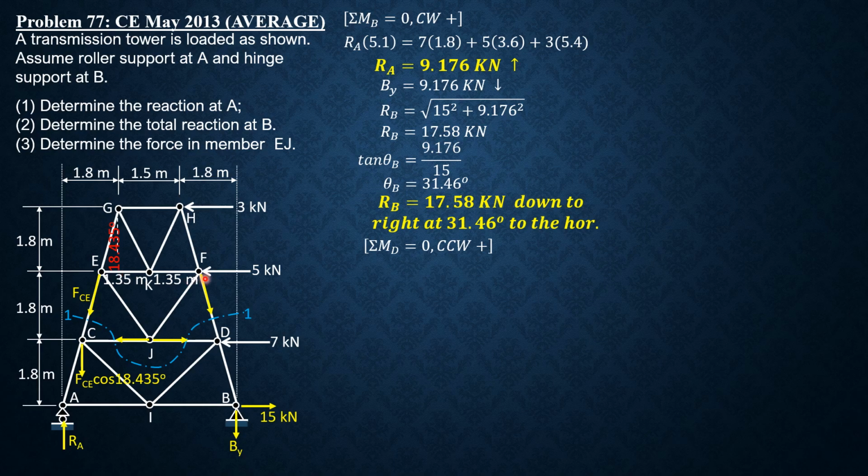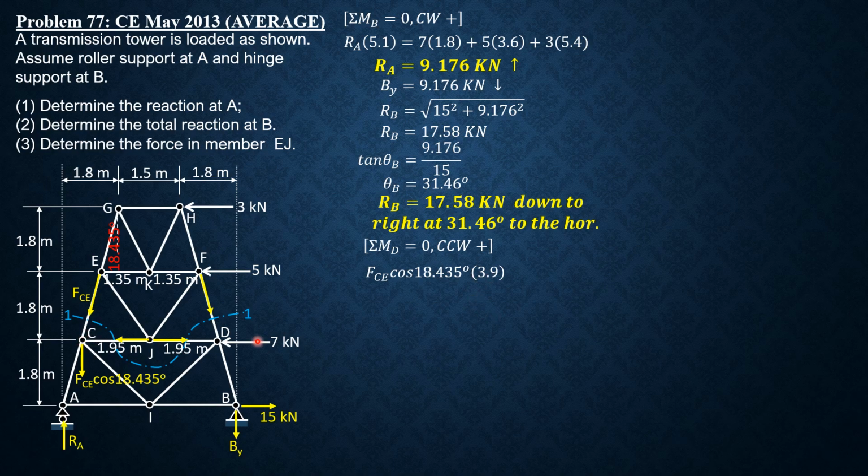Then 2.7 plus 1.2 is 3.9. So that means CJ is 1.95 and JD is 1.95 meters also. So therefore, the moment arm of FCE cosine 18.45 is 3.9 meters. So FCE cosine of 18.45 times 3.9,